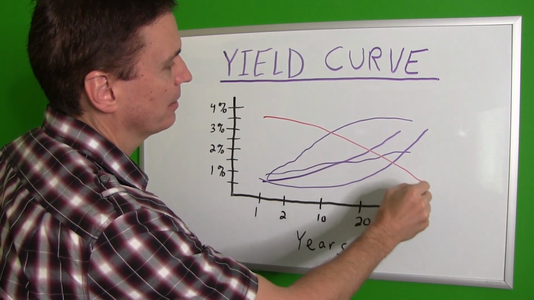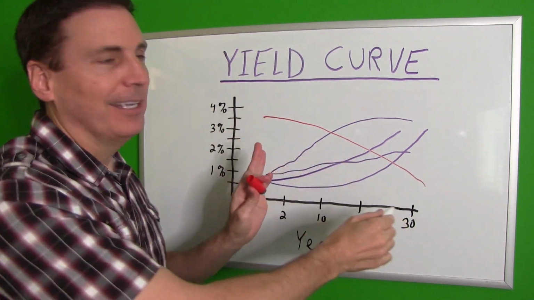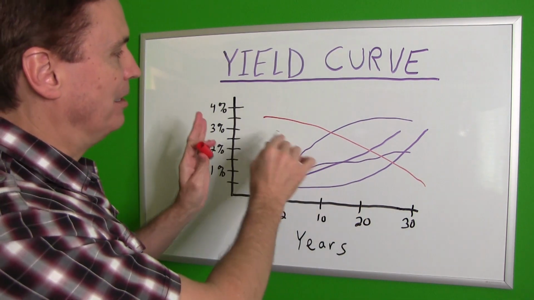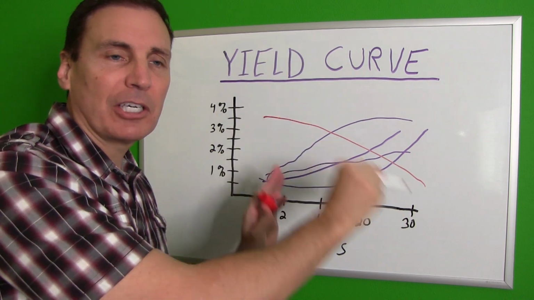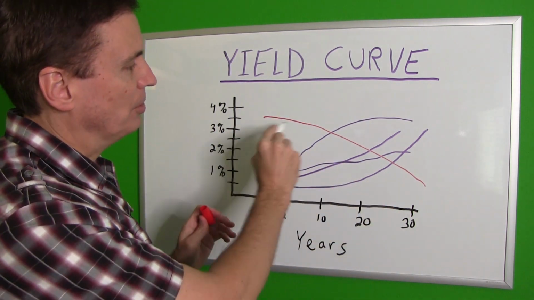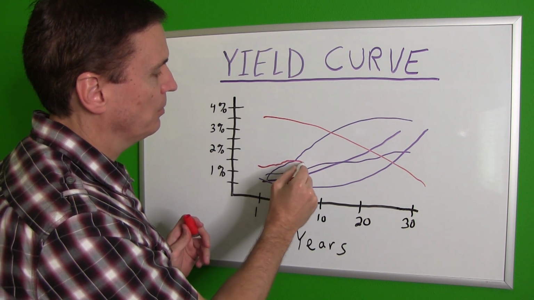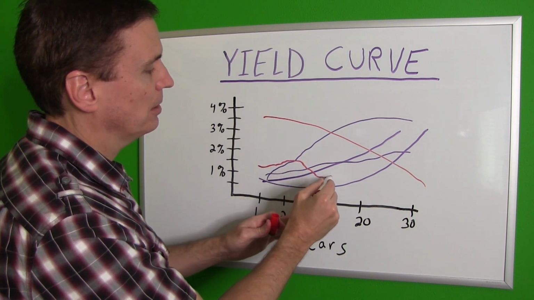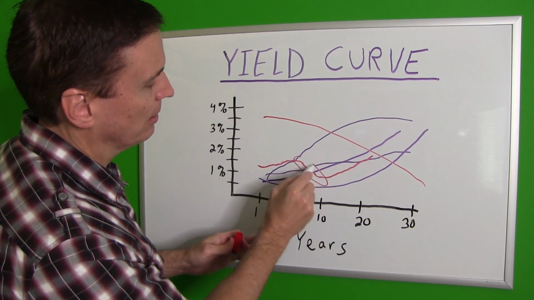It goes downward. Now, this is just for illustration purposes. They usually don't slope down like that in such a dramatic manner. But I just wanted to illustrate the fact that at some point in the curve, it's actually going down and it gets inverted. So instead of this, normally you would see an inverted curve like it'd go here and then it would dip down on a shorter term here and then kind of move up there. And that's the inversion right there. That's where it's getting inverted.